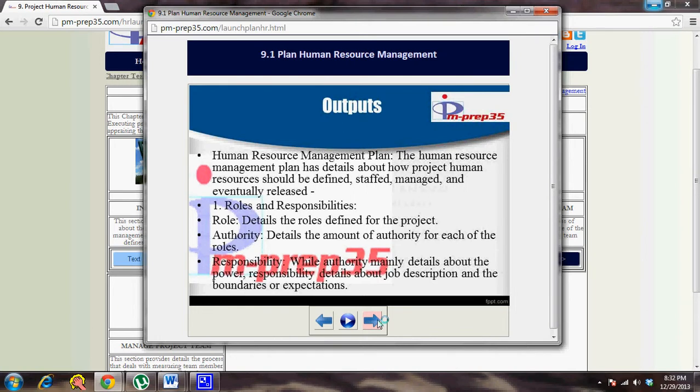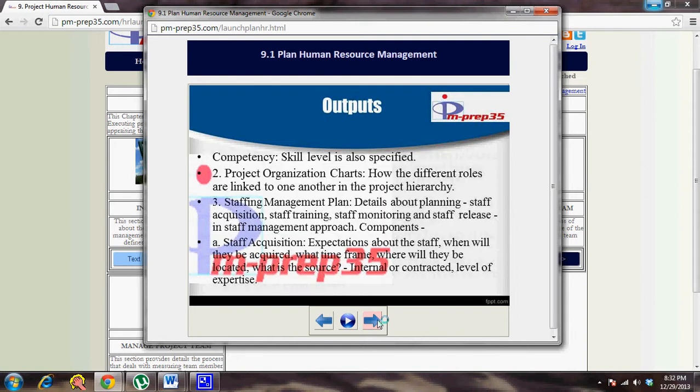This varies from phase to phase for each of the resources. He might have one specific role in the early phases of the project, and then as he moves on he might have a different role. So those things are specified as part of this roles and responsibility detailing. Then competency and skill level are specified: what level of competency, expert, medium level or first level of skills. What are you expected to do, and how should your development skills be?